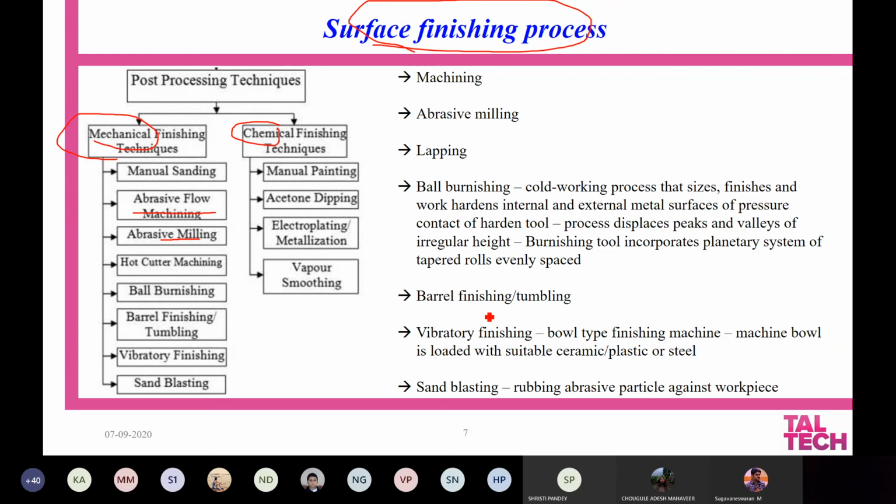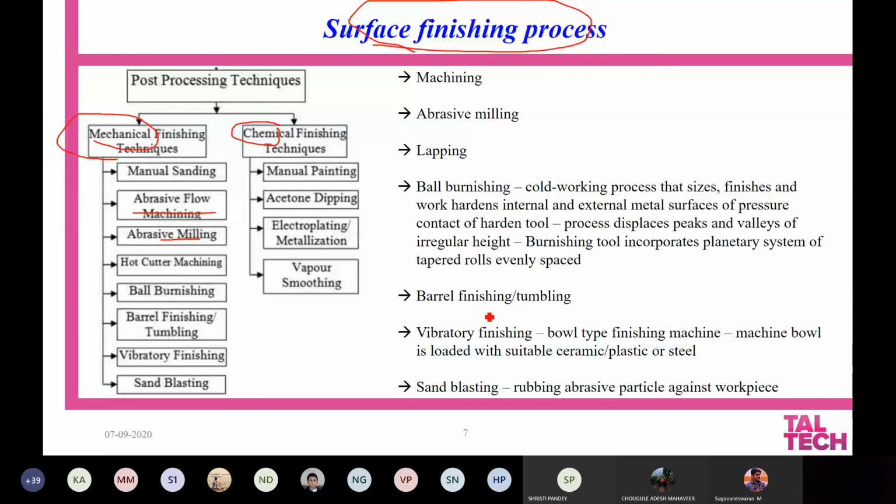Apart from these operations, I do not see any significant post processing operations that people have generally involved with additive manufacturing. I don't see any other post processing steps that have been actively used.